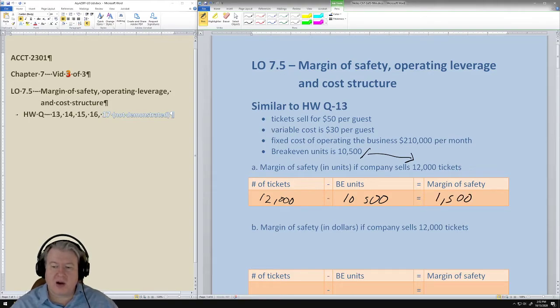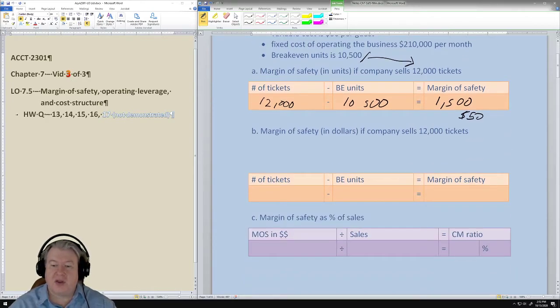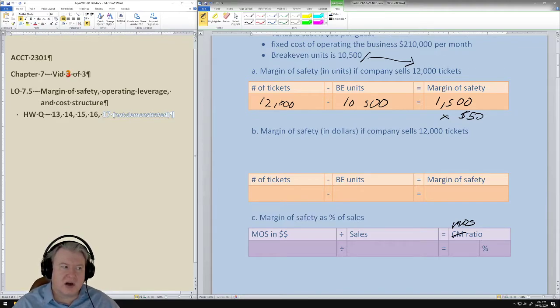Now the next question is, what's the margin of safety in dollars? Well, I could just multiply that by $50 because that's our ticket price per guest. But because they want us to figure out the third thing, which is the margin of safety ratio, we're going to figure it out a little bit longer way, but just realize you could multiply these two and get the same number. So what is our total sales revenue for our target? That would be 50 times